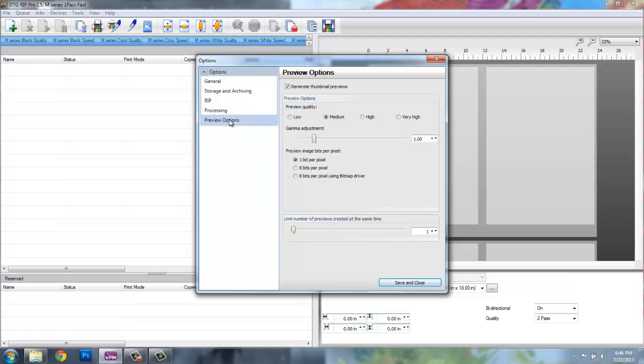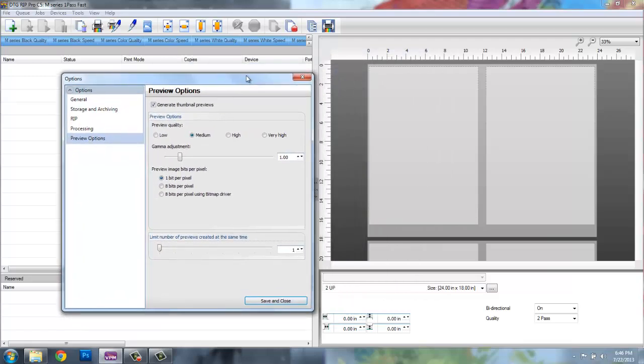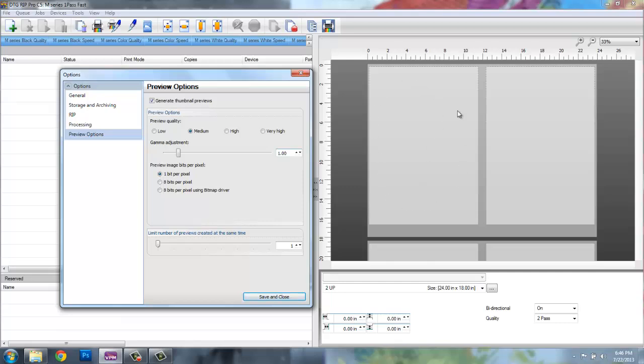Okay, the next one is preview options. Under preview options, over here when you import an image, it gives you a basic bitmap. Okay, it's not going to look exactly like the print file is, but it just gives you a preview of it. The faster your computer is, the higher you can run this stuff as. If you choose low to medium, it'll look like a kind of low grainy bitmap over here on the side, but as long as you have the